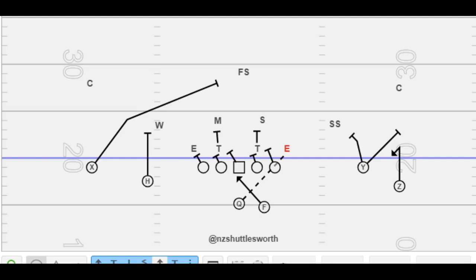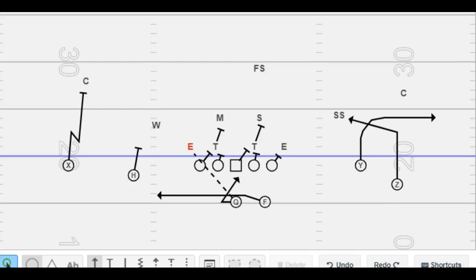So, operating under the assumption that the defense knows what you do, this is where the bash concept can be applied effectively. In this 2x2 set with sidecar to the right, any defense that's using your sidecar to set their run fit will obviously have things backwards, because the bash concept flips the zone scheme for the front five. While the defense is expecting inside zone left, they are actually blocking inside zone right. Zone step right, the tackle and backside guard accounting for the 3-tech and the mic, the center and play side guard accounting for the nose and the Sam, and the right side tackle accounting for the right side defensive end.